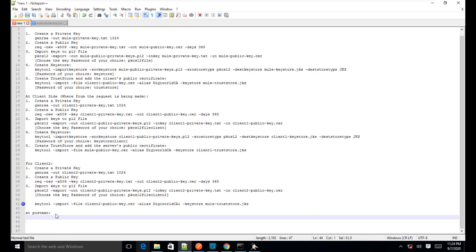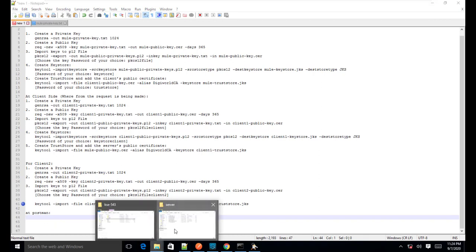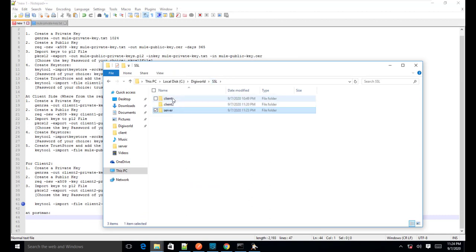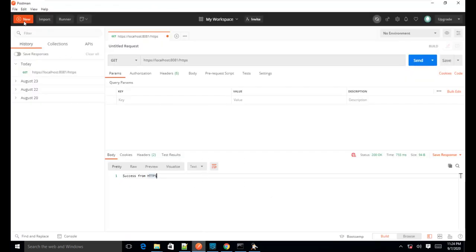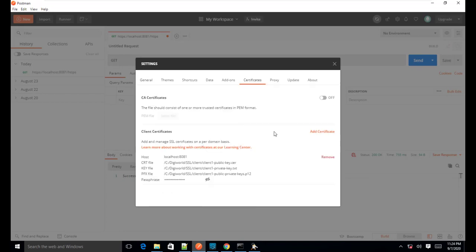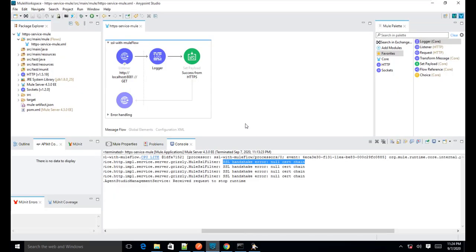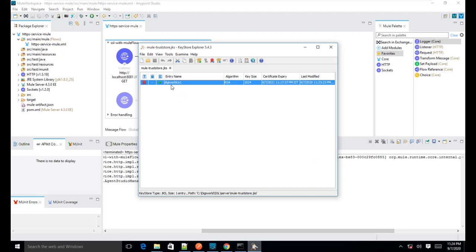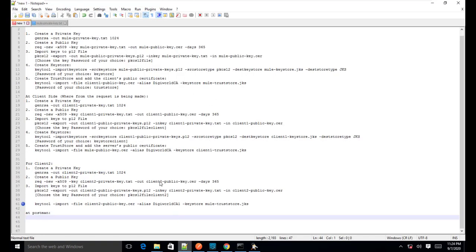And this time, as you can see, in Postman we have actually configured the certificate of the client 1, right? So this is the client 1 certificate. In the Postman we have configured the certificate of client 1. So during the request, Postman will present this certificate to the server, but at the server side, we have not trusted that particular certificate of client 1. We have trusted the certificate of client 2.